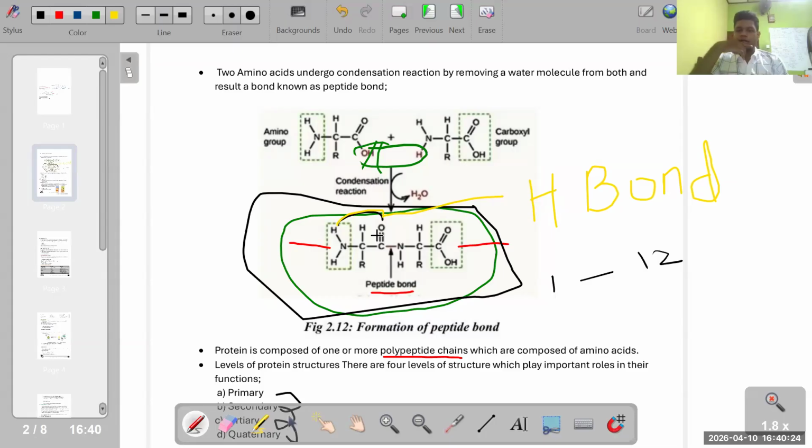Now, wait. Now, here, if you see, I'll separate it like this. Now, this is one amino acid, this is one amino acid. I'll separate like this. So, here, one amino acid is present. I'll mark number one. Here it is two. Right? So, in this amino acid, what belongs to the backbone? What are the components belonging to the backbone? Name one by one. What are the components in an amino acid belonging to the backbone?